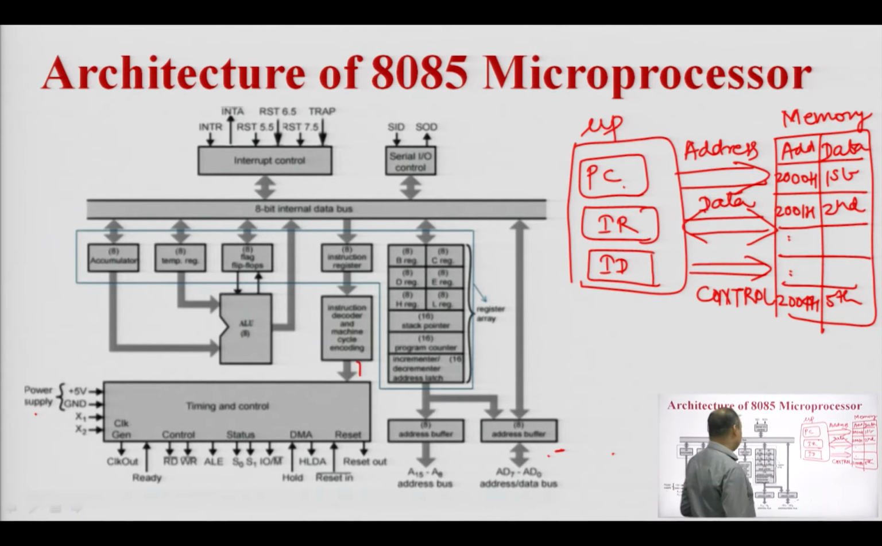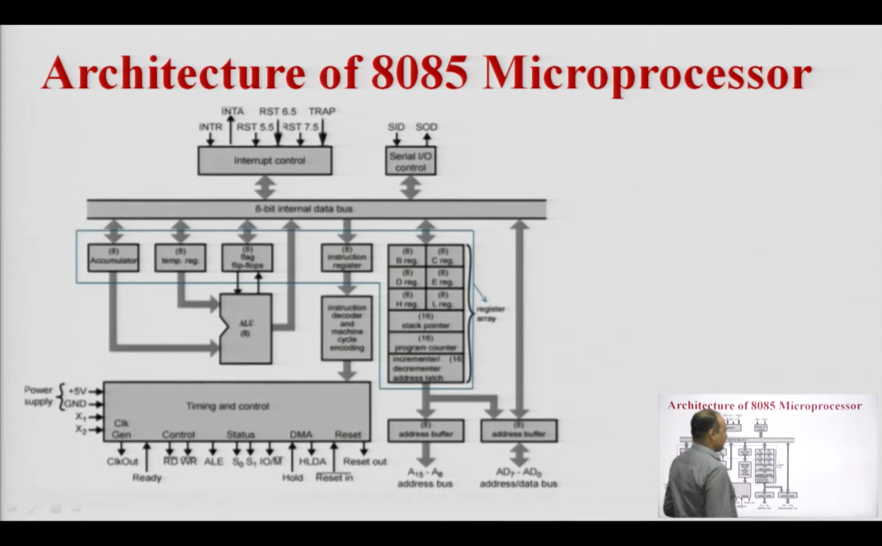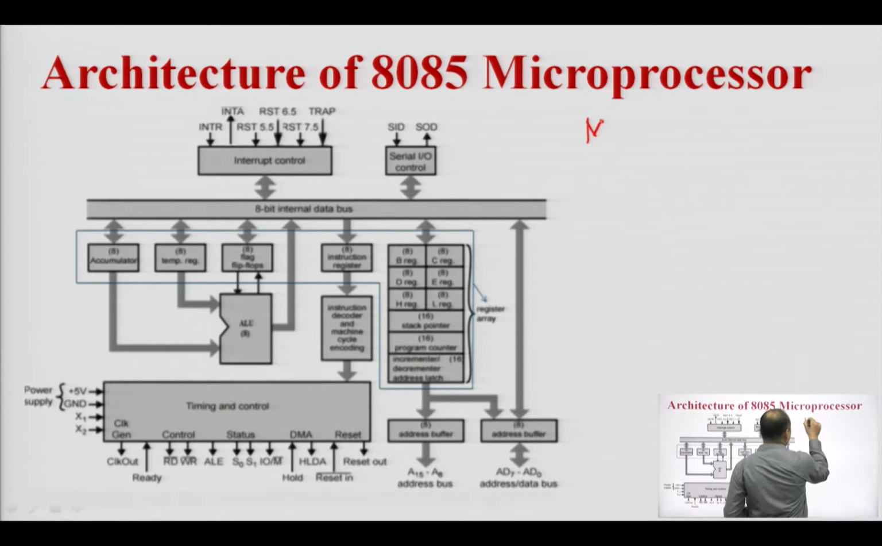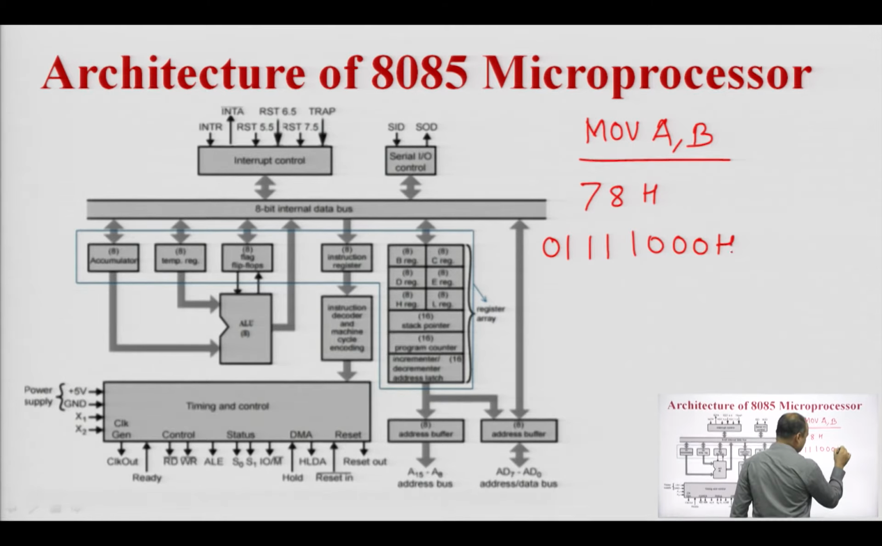Suppose I am giving the example of the instruction MOV A, B. The hex code of this particular instruction MOV A, B is 78 H, which in binary form can be written as 0 1